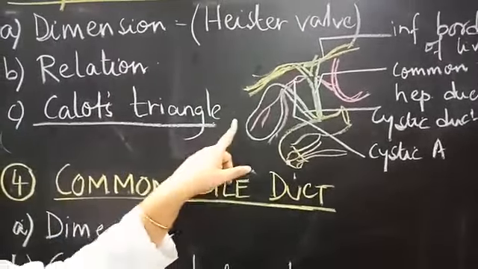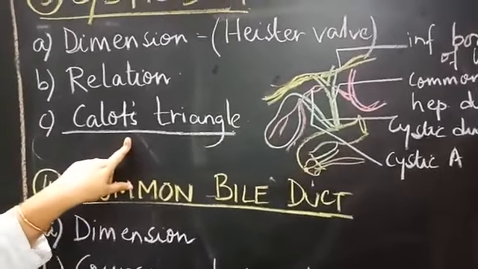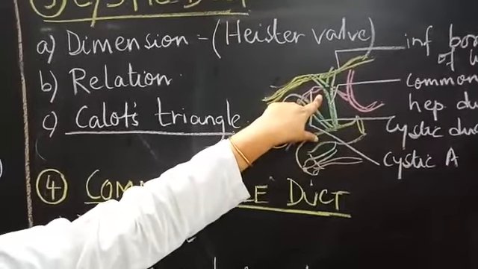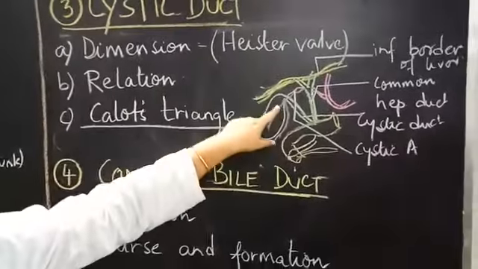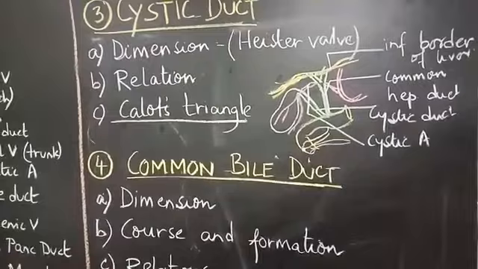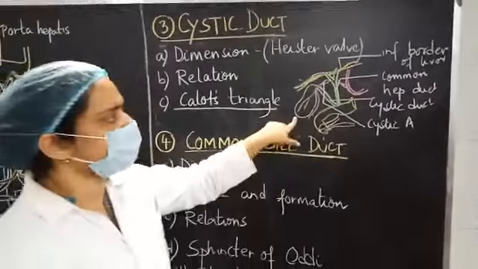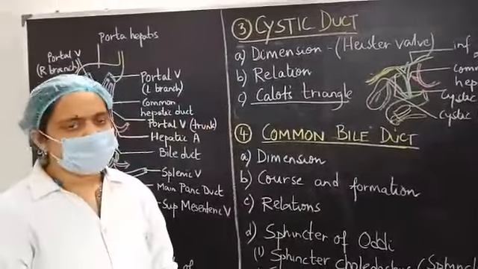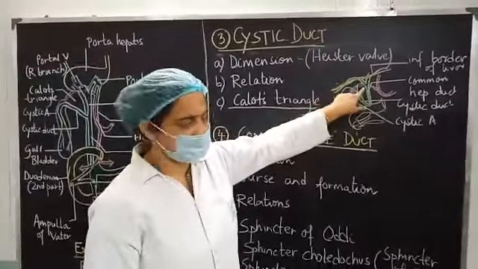What is the content of Calot's triangle? It is mostly the cystic artery with its variable disposition. Cystic artery, you know, is generally a branch of the right hepatic artery, and I have already mentioned before, it gives superficial and deep branch to supply the inferior aspect and superior aspect of gallbladder respectively. Besides, you can find some fibrofatty tissue, and you can find Calot's lymph node also, one isolated lymph node.